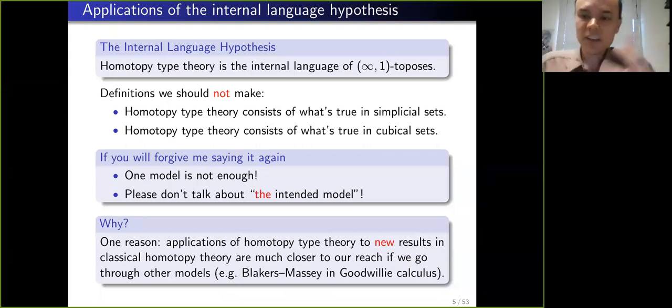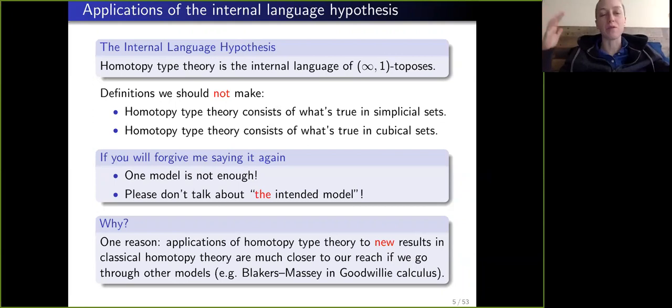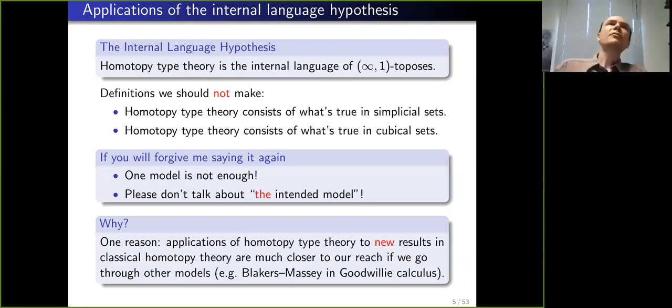So my motivation for this, sorry. Can you give a reference for that real quick? I mean, the model that's relevant to Goodwillie calculus. So this is really a conjectural model again, because we don't have complete models in all higher toposes, but